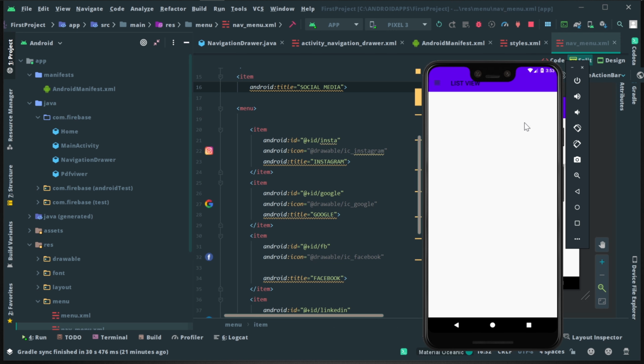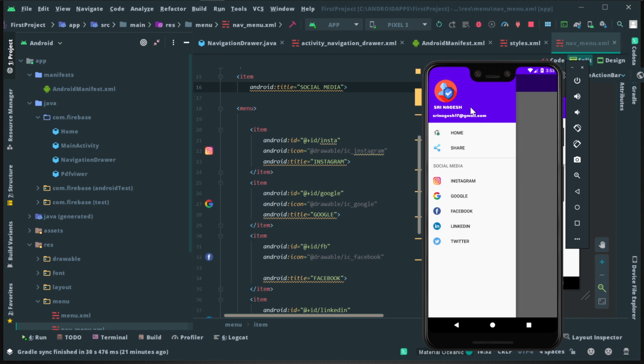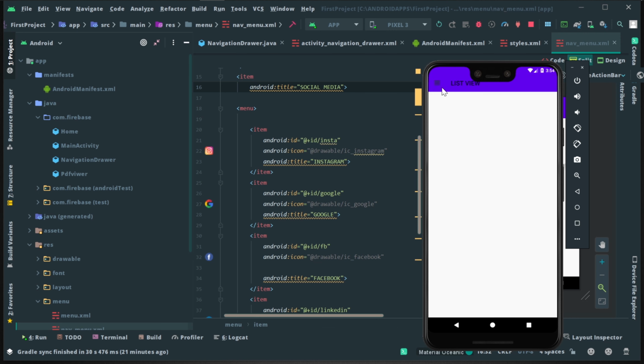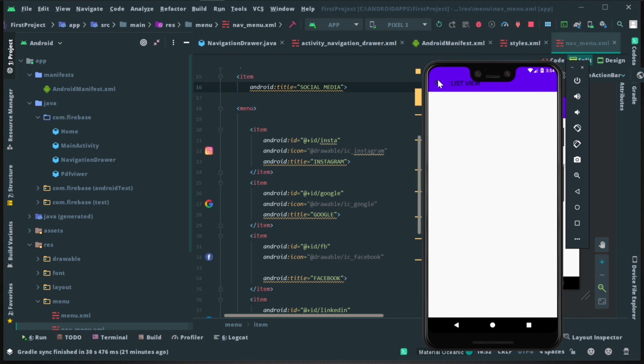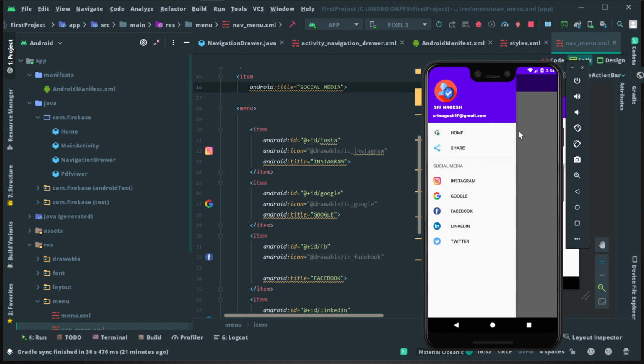So I'm going to divide this topic into three sessions. One is the menu session, and the second thing is the header session. And if you have any queries related to how to change these icons and the issues related to the navigation bar, we can solve it in the third session or in the fourth session. And we also set the on click listener for these options too. So without further ado, let's get started.